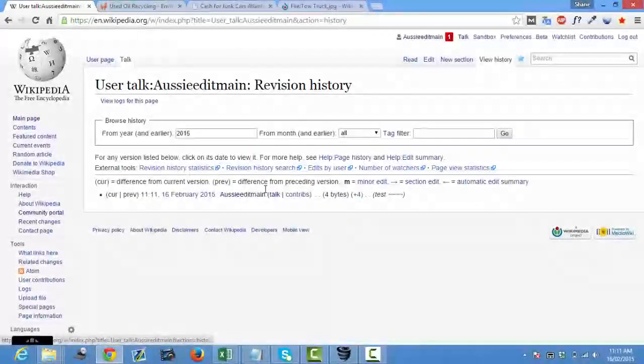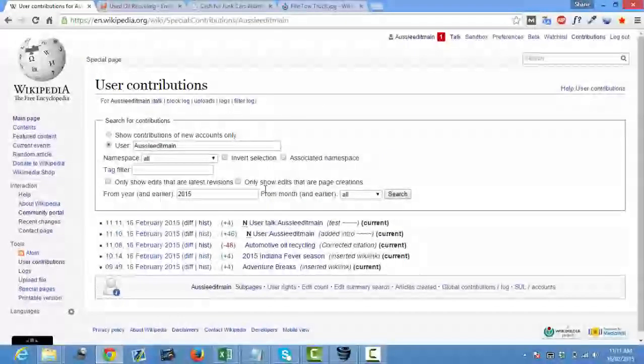The other thing that I often do, particularly if I'm doing it for clients, is I will go back in a week's time with a fresh account that I just use for innocent, legitimate edits, and I will edit after an edit that I've done. So I'll give you an example.